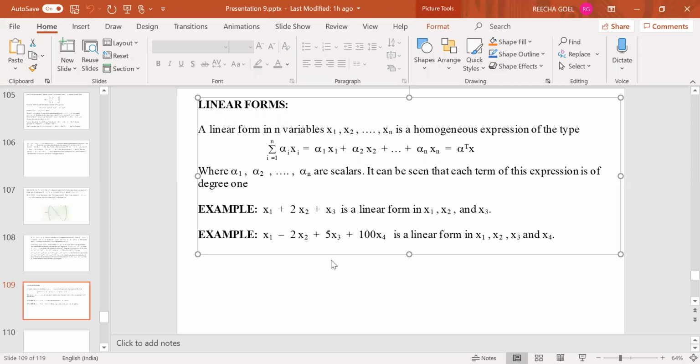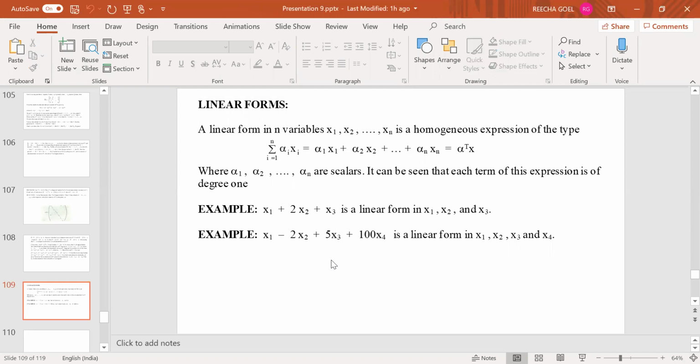Now, for example, x1 plus 2x2 plus x3 is a linear form. I can consider 1, 2, 1, and then x1, x2, x3. So I can just write this as (1, 2, 1) transpose times (x1, x2, x3). Likewise, x1 minus 2x2 plus 5x3 plus 100x4 is also a linear form. Basically, linear forms are of no interest to us. And the first interesting part with us lies in the